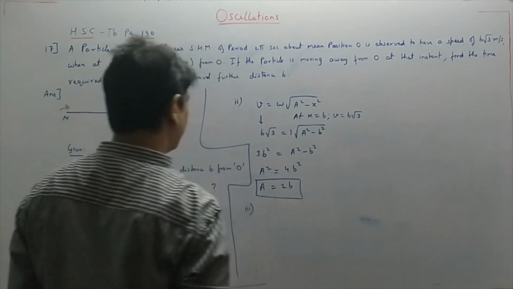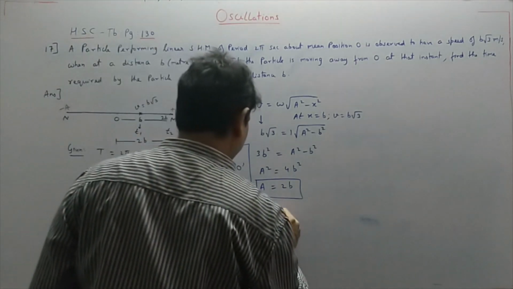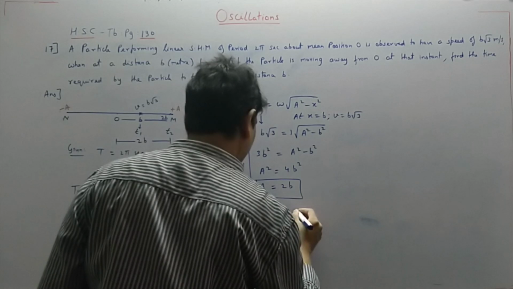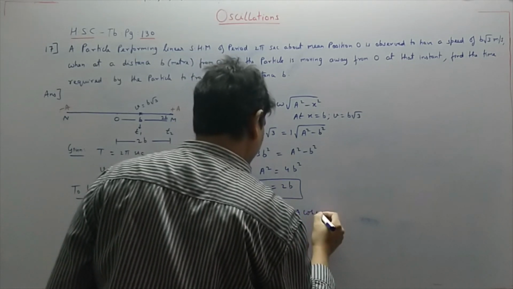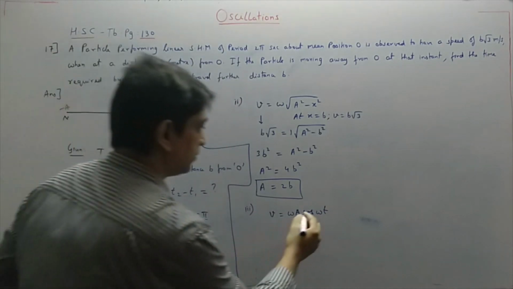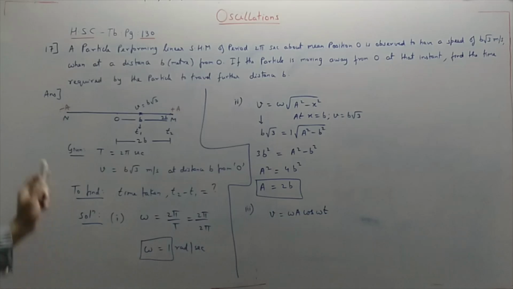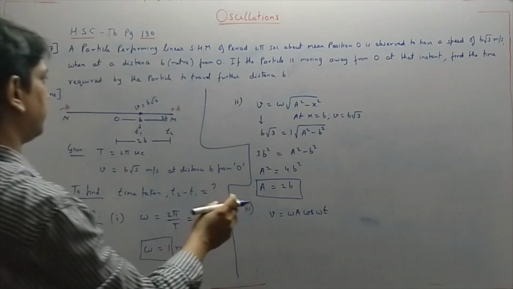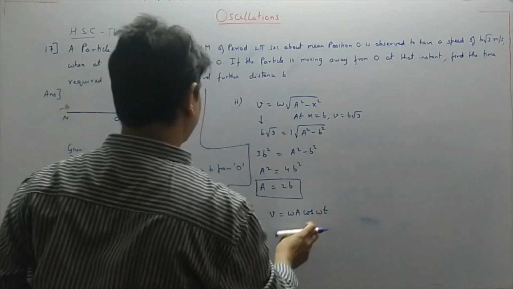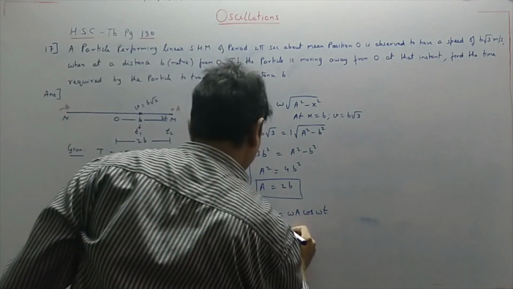We'll use the formula for velocity again with respect to time. Why are we using this formula? It is omega a cos of omega t with respect to time when the particle starts from mean position. Already we have proved this. Now we are finding velocity at t1, so when t equals t1,